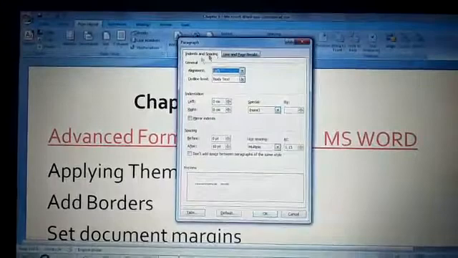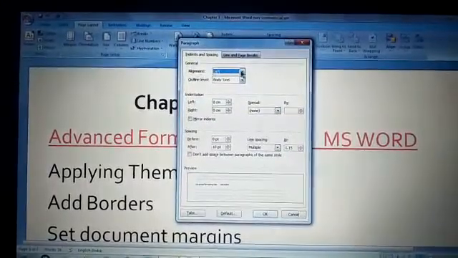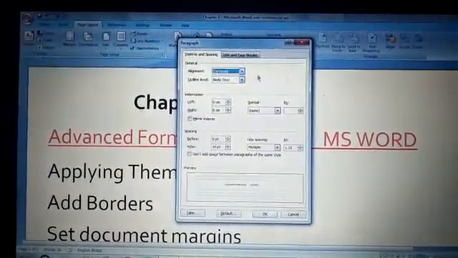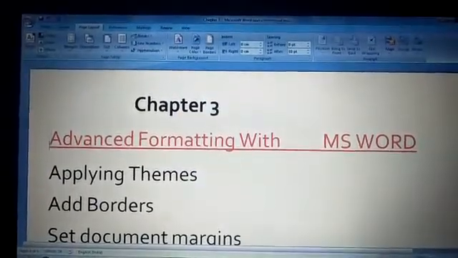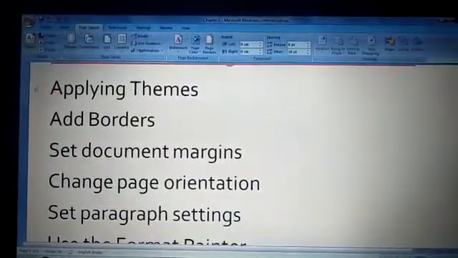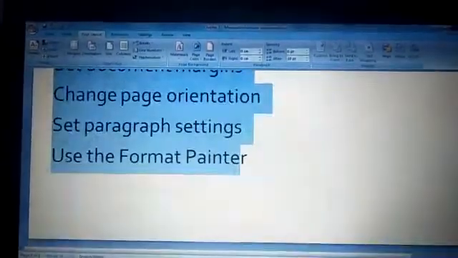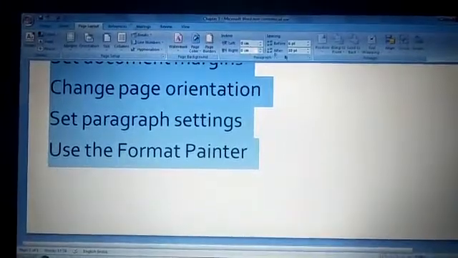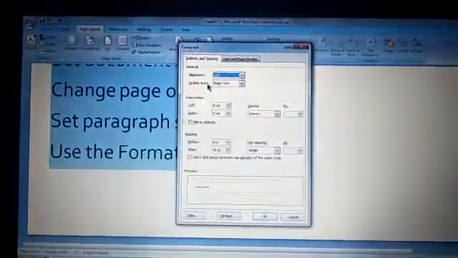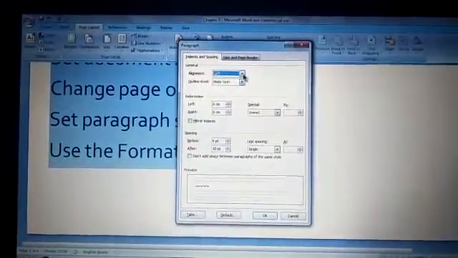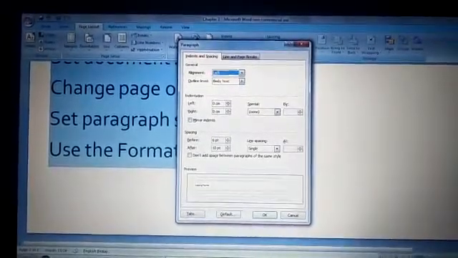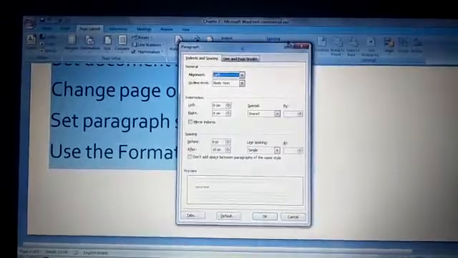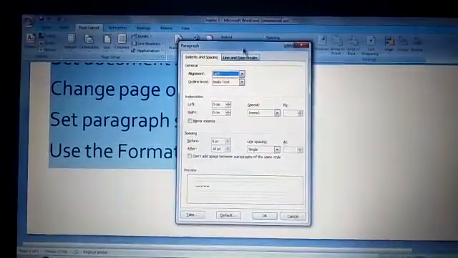From this, you can change the alignment, left align, centered. Before applying it, you have to select the paragraph. It should be selected. I have written some lines out here. I will select these lines, and then I'll click on the launcher. Then you can see if I left align them, they will go to the left side. Let me show you in a better way.